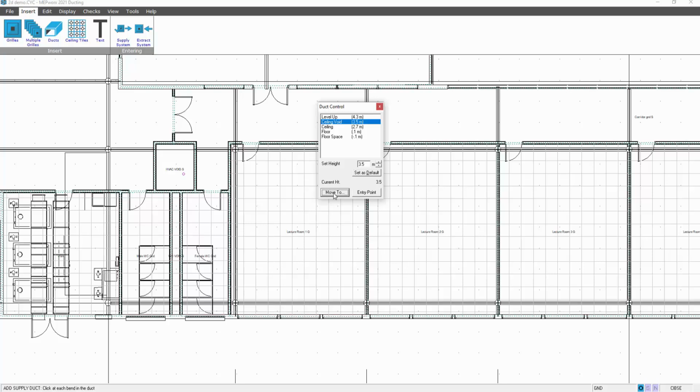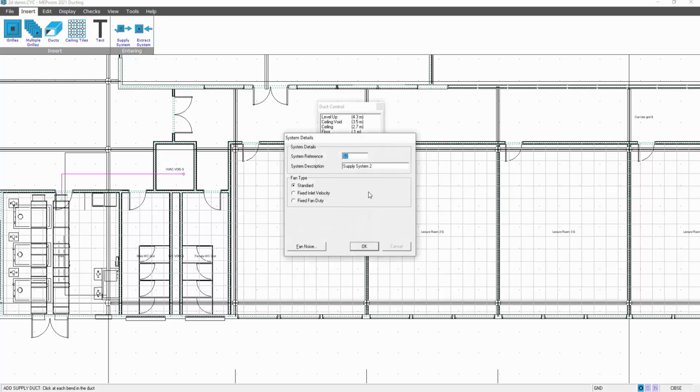You can then set the height of your duct runs as well. So if the centre line of the air handling unit is at 3.45 meters, we can set that as my move to level. And I can carry on and connect into the air handling unit. The right button click allows me to move duct sections back, so if I'm not very accurate, I can make rectifications. This is the first supply system,